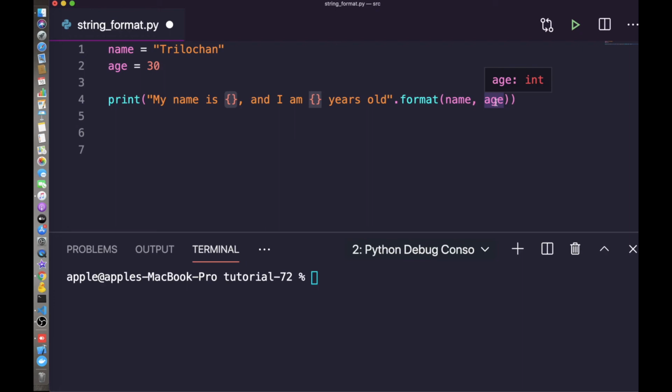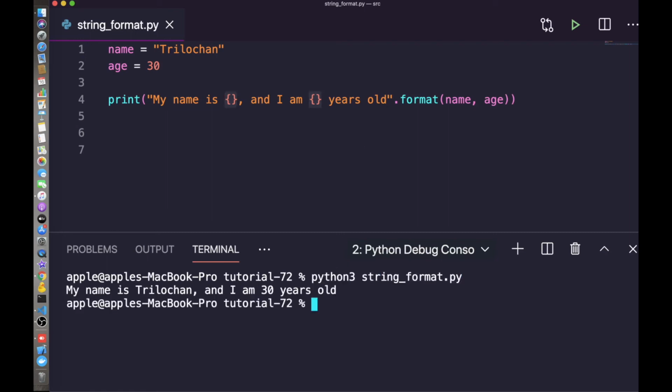This is a different way to write or construct a string in Python, and I would say this is a very good way to concatenate a string. It will simply replace the braces with the name and age. Let's execute this. Here it is: my name is Trilochan, I am 30 years old.